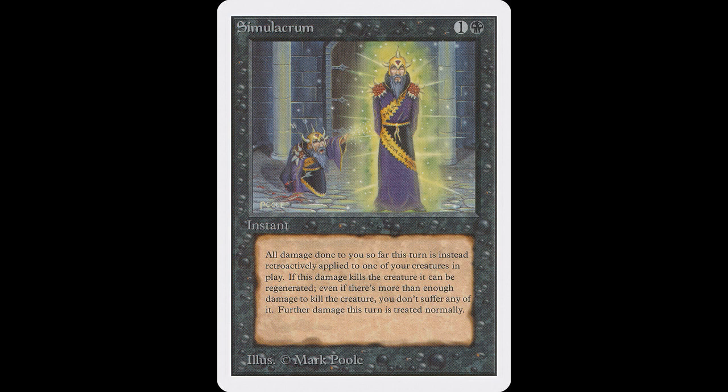All right, moving right along, we have Simulacrum. This instant casts for 1 colorless and 1 black. You gain life equal to the damage dealt to you this turn. Simulacrum deals damage to target creature you control equal to the damage dealt to you this turn. Not bad. Take the damage away from you, gain life, and do it to one of your creatures. Definitely not a card that somebody with creature love would play with. If you'd like to add this card to your collection, it will currently cost you $6, and it's been